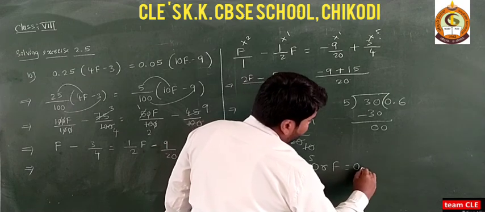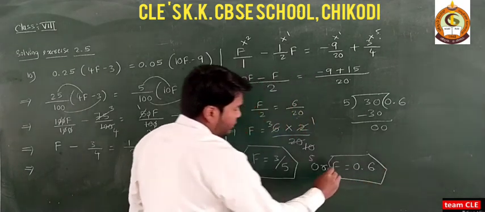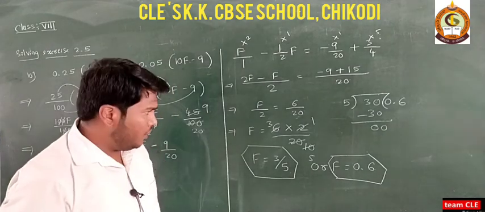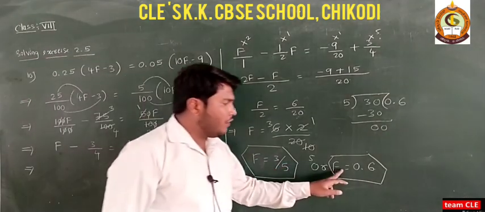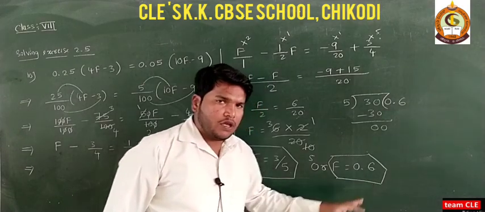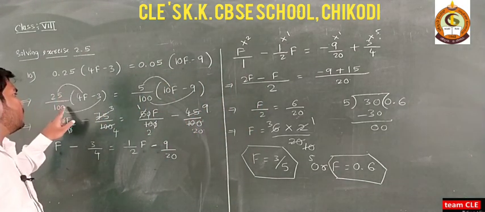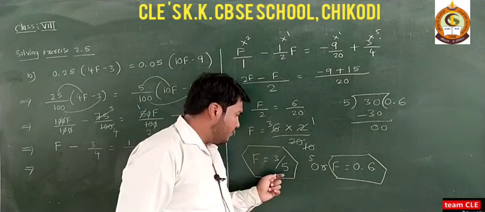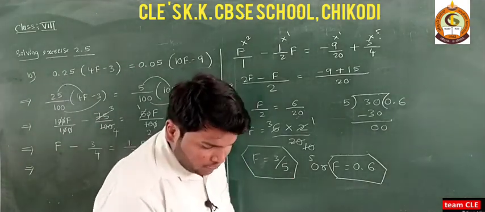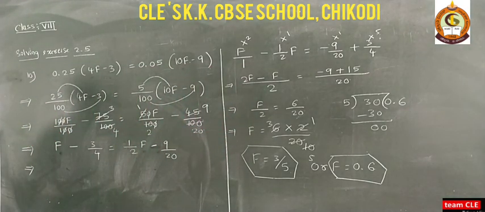You may write in the form of fraction, or you may write in the form of decimals. But if the question is asked in the form of decimals, you write the answer as f is equal to 0.6. If they ask the question in the form of fraction, that is instead of 0.25, they ask 25 by 100, you write the answer in the form of fraction, that is f is equal to 3 by 5. Okay dear students, please note down this problem. It will be very helpful, and this completes your exercise number 2.5.